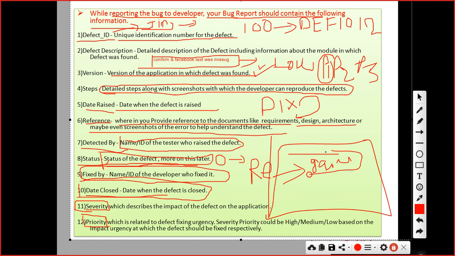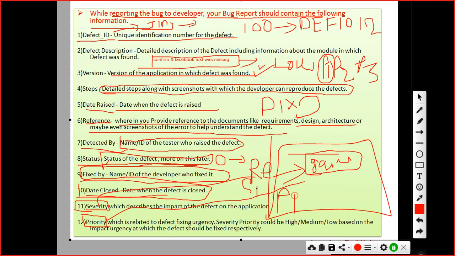Gmail was down. That is called high severity and high priority. It is having too much impact because of this Gmail, many things, work is blocked. Got it? So this is called high impact. So we can write here S1 and P1.